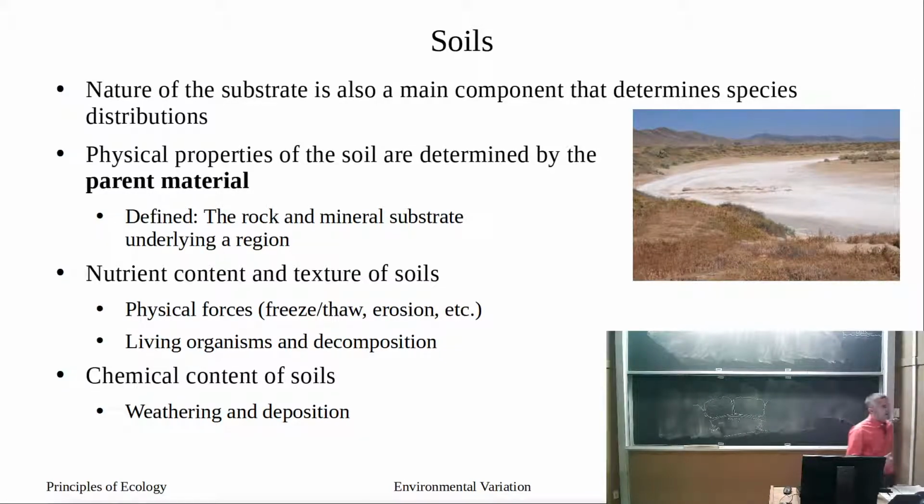So if you take geology, soil, you guys learned it in soils, the different soil types, and on the maps, you can see the soil maps, there's substrate maps and stuff. You can see that you're made up of different rocks, different substrates, and then those substrates give rise to the soils in the region, and those soils then at least partially determine what types of plants can survive in